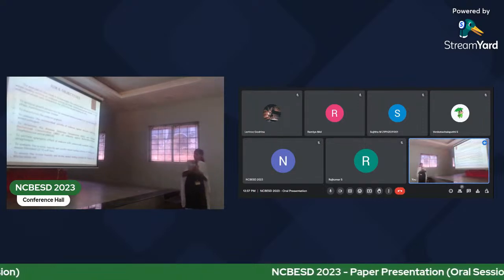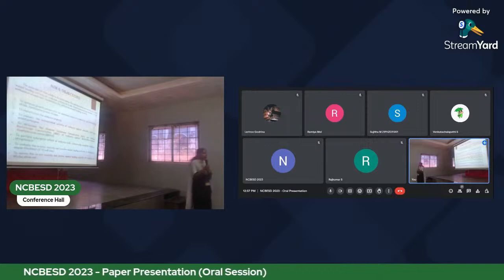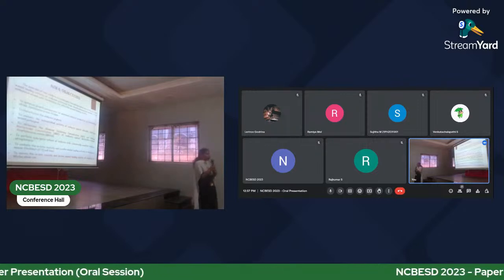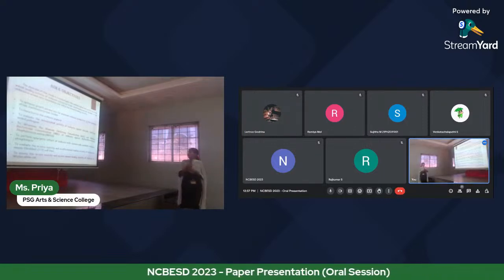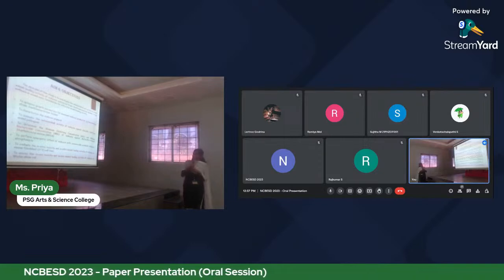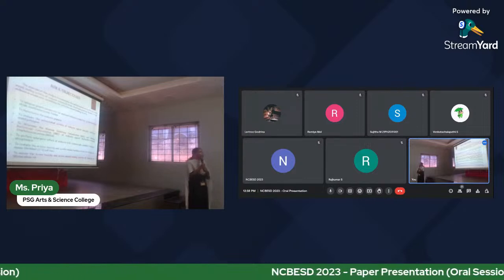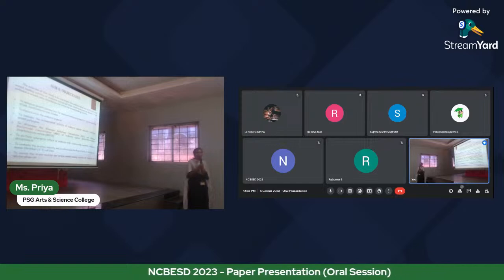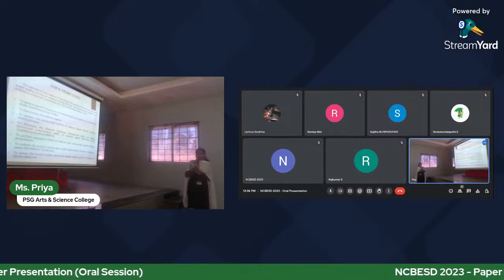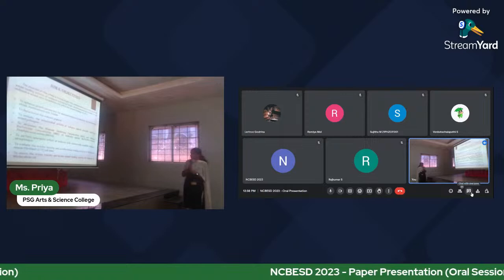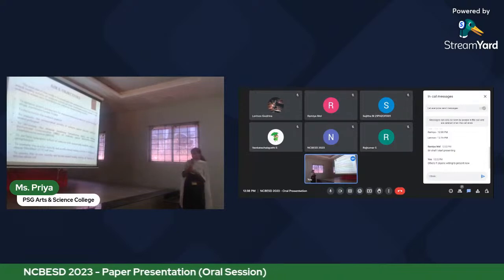Based on which, my aim is to investigate the antimicrobial and in vitro healing efficacy of violacein against the clinically significant wound pathogen, especially MRSA. And based on which the objectives were framed: to isolate the potential strain and to optimize the growth parameters for the maximum production of violacein, to characterize the violacein, to evaluate the antimicrobial activity of violacein against clinically significant wound pathogens, and to determine the minimum inhibitory concentration and minimum bactericidal concentration against penicillin-resistant Staphylococcus aureus,